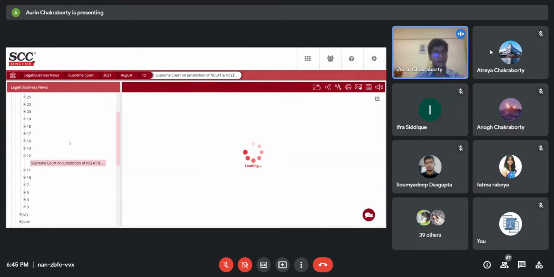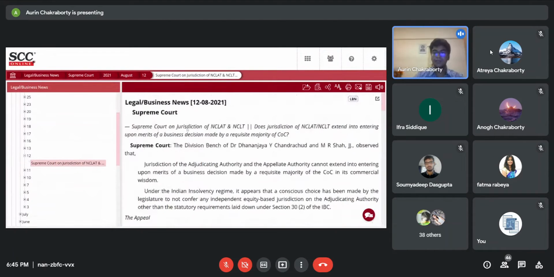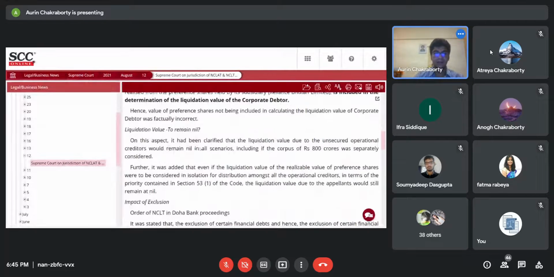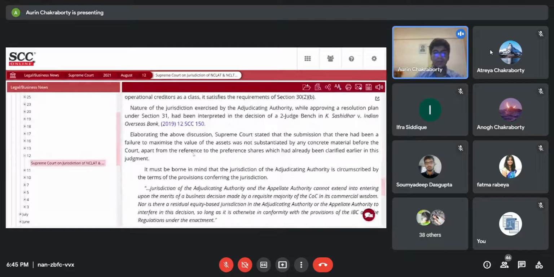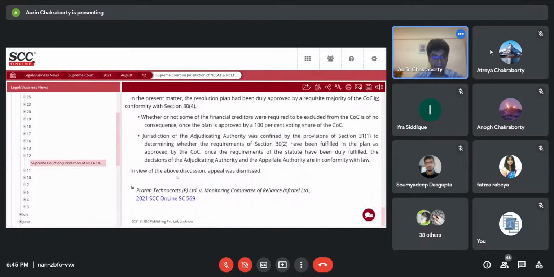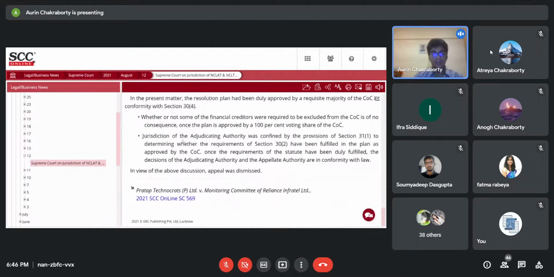right? So we'll find that, right. So this was the news that came into effect. What the ruling of the Supreme Court was: the question of law, the aspect of appeal, a short analysis. Everything has been made available here. The judgment that has been referred to, this citation has been provided over. You can just click on it and go back and refer to the judgment. And this was the case in which this particular analysis has been done and the ratio has been laid down.